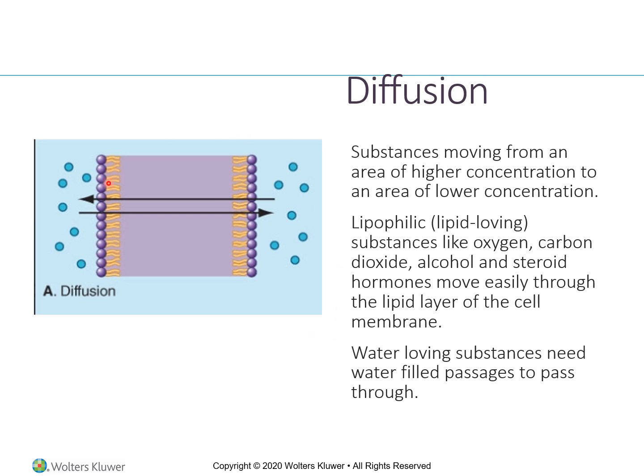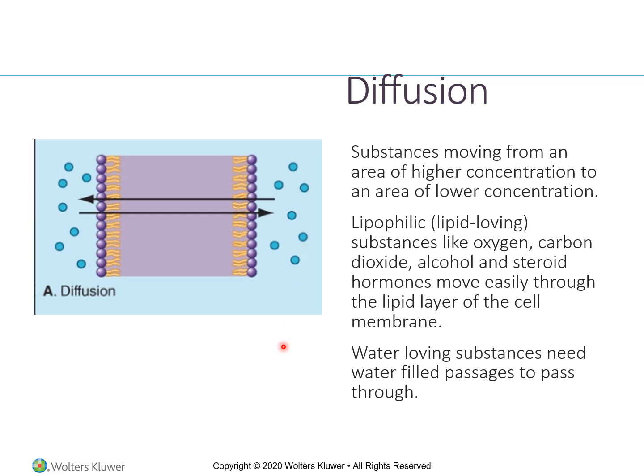So my little cell membrane, my phospholipid bilayer with my water-loving or hydrophilic heads and my lipid-loving or lipophilic tails, sitting here, and then I have solutes on each side. Again, they're equal on each side of my cell membrane, so I don't have any net movement. If I had perhaps more solutes on this side of the membrane and just a couple here, I would see net movement of those substances across the cell membrane to their area of lower concentration